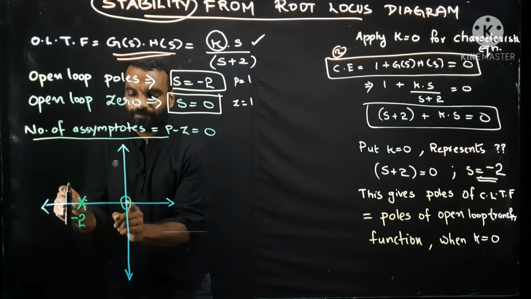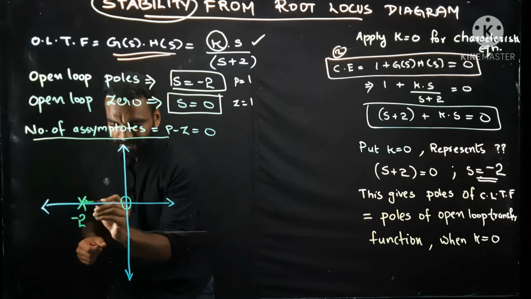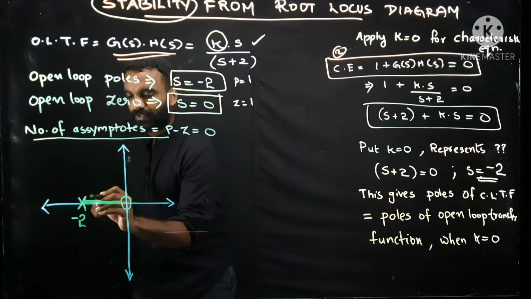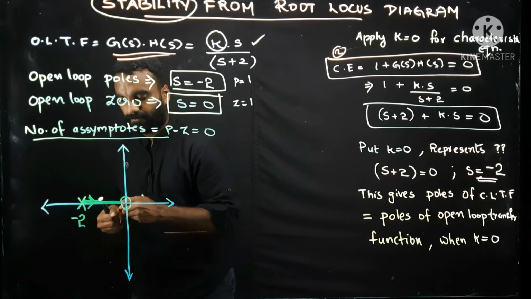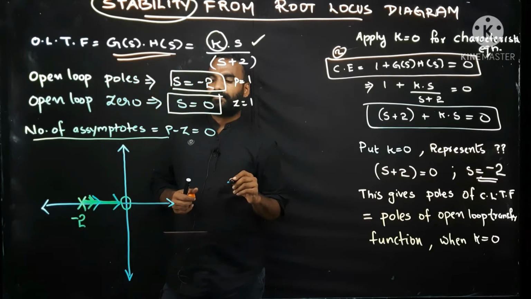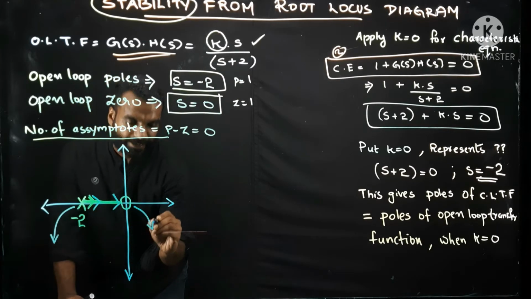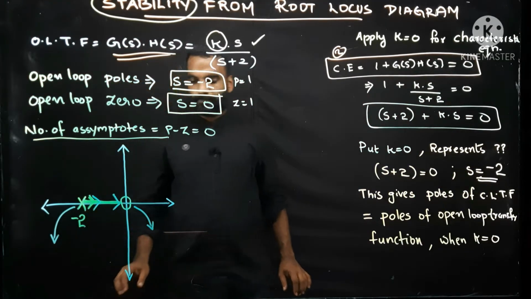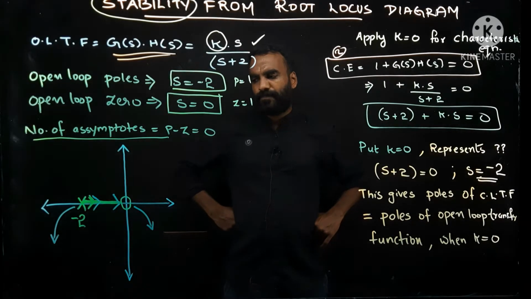But after that, the number of poles plus zeros is even. So root locus will not exist. So this is the area where root locus is present. Then direction. Root locus will start from the pole and end at the zero. So this is the starting point of the root locus and this is the ending point of the root locus. Up to this, everything is clear. I completed a simple root locus.